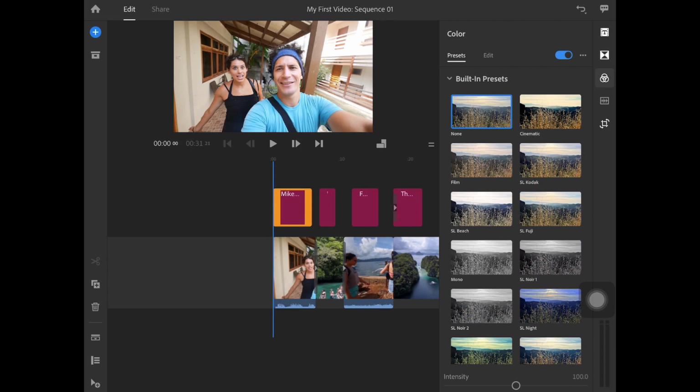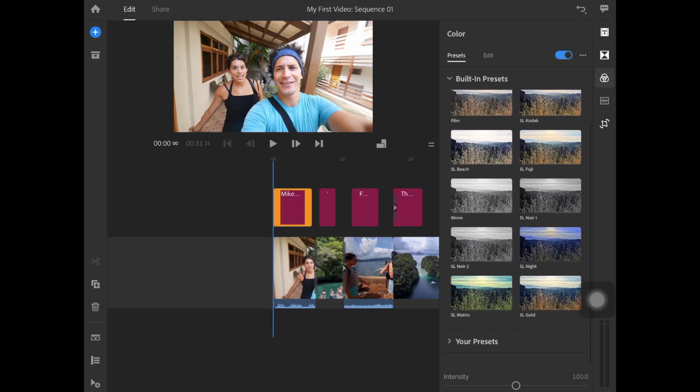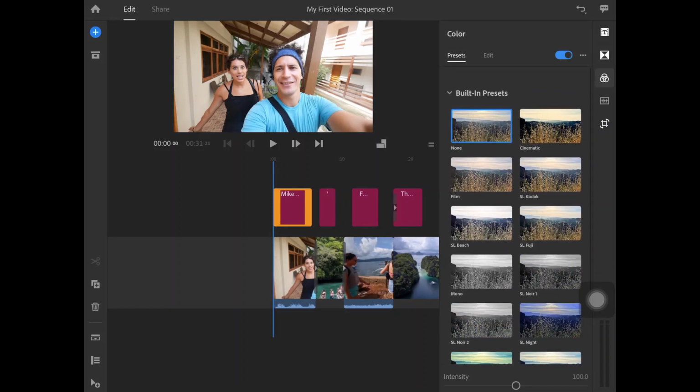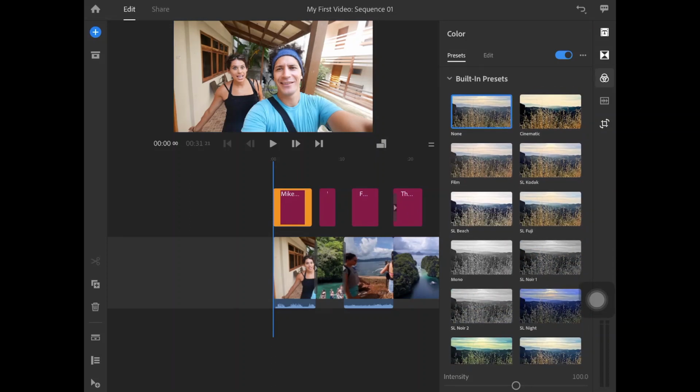Now that brings us to the third option, which is the 3 circles on the rightmost panel. You see there are 3 circles overlapping with each other. These 3 circles mean built-in presets. With presets, you don't have to color edit your videos, you can simply use these templates and it really produces some stunning results.